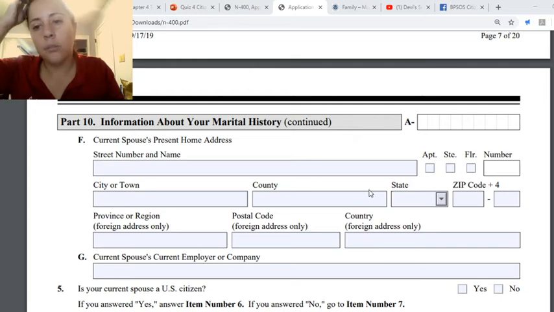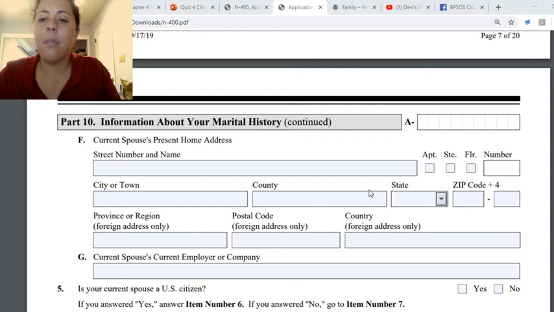Apartment, suite, floor. Remember, if you live in a house, you just write the name and street number. If you live in an apartment, you will check the apartment box and write the apartment number. For example, if you live on